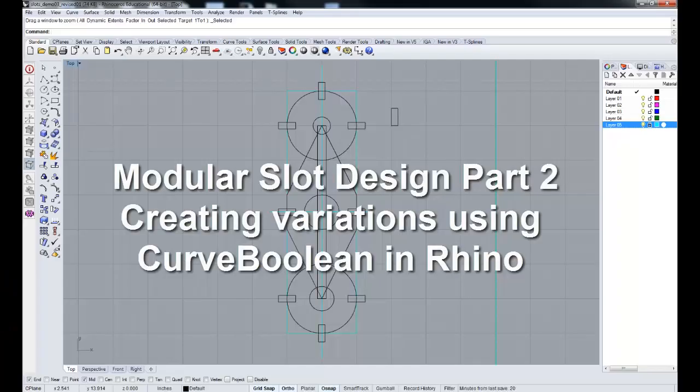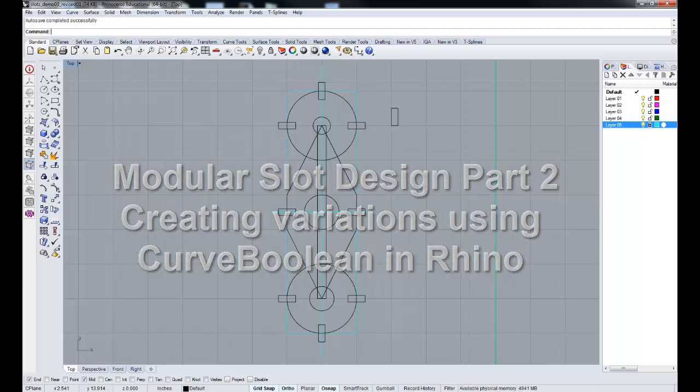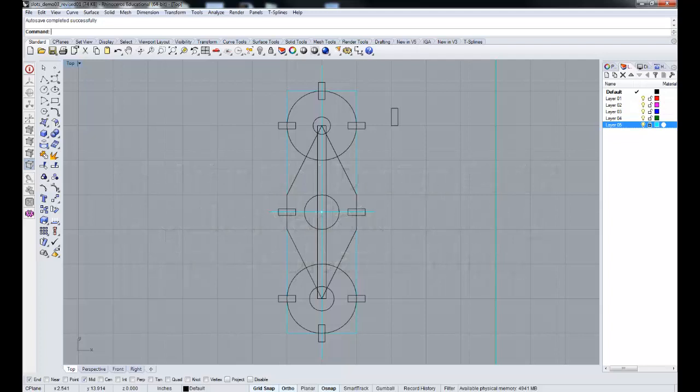In this video tutorial, I'm going to show you how you can detail and create variations on your unit form using the CurveBoolean command, with special attention to creating drops that you can use, because you really want to maximize your sheet. If you do this in a very smart way, you should be able to use almost everything that you've